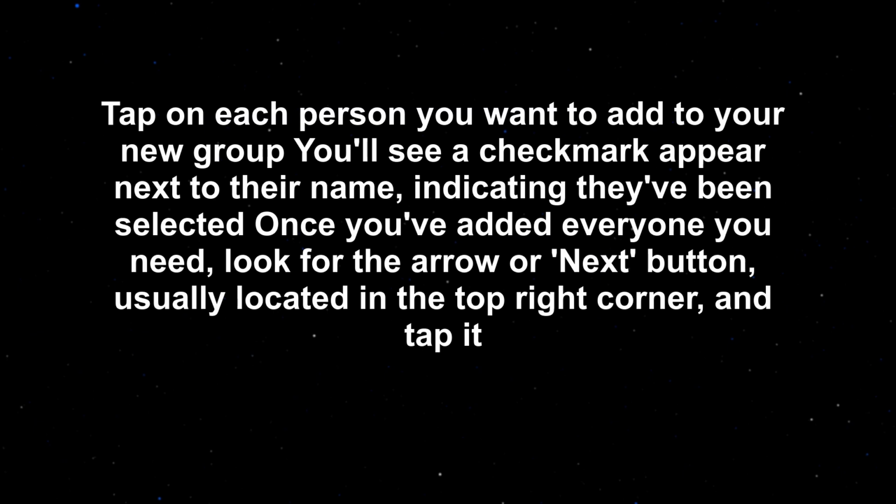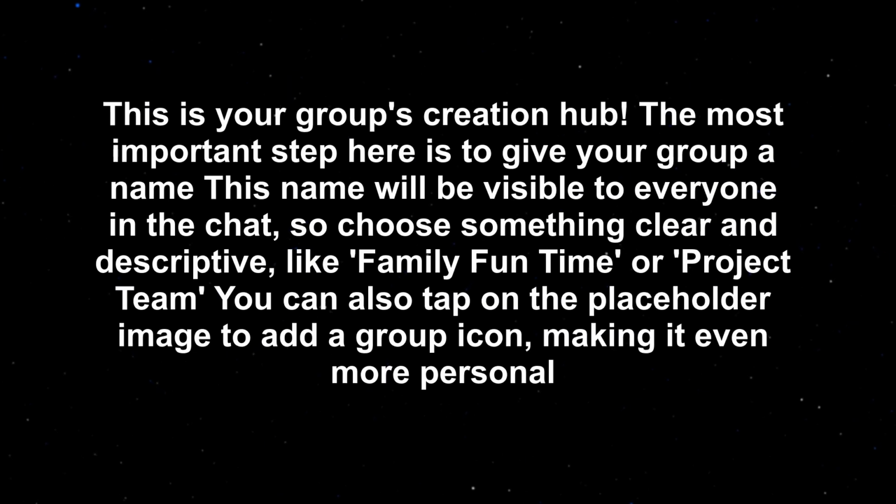Once you've added everyone you need, look for the arrow or next button, usually located in the top right corner, and tap it. This is your group's creation hub. The most important step here is to give your group a name. This name will be visible to everyone in the chat, so choose something clear and descriptive, like Family Fun Time